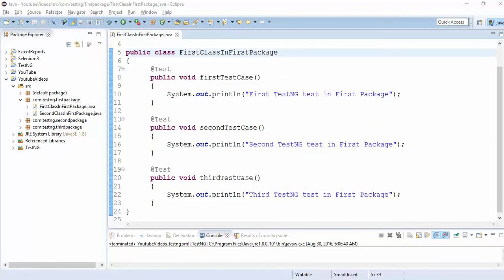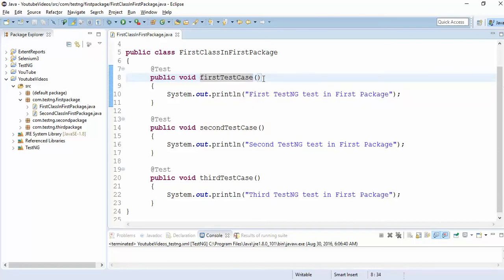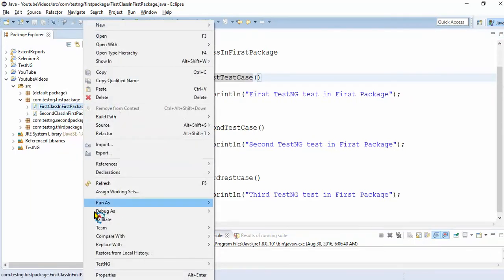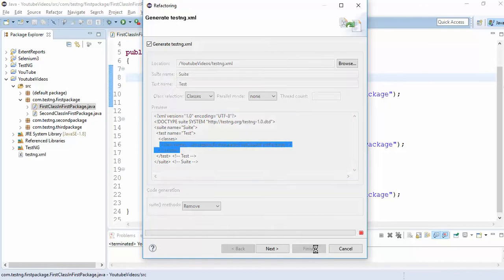I'll go to Eclipse. Now we'll take the testng.xml file and try to execute the scenarios which we discussed. I'll create the testng.xml file: right click, TestNG, convert to TestNG. Now it will take this class name, finish.